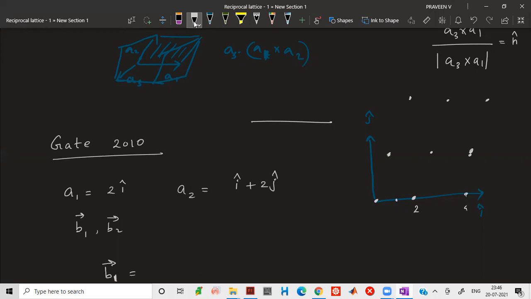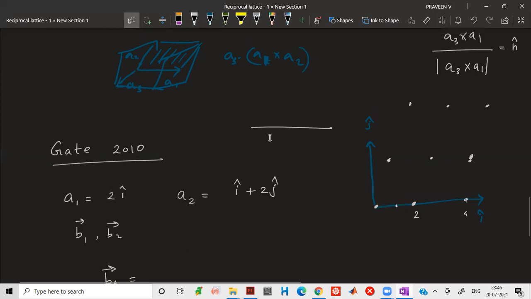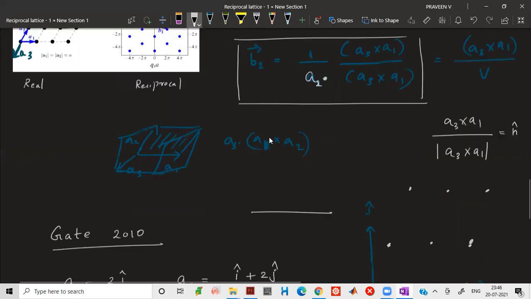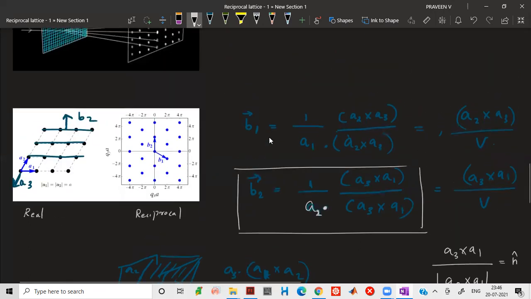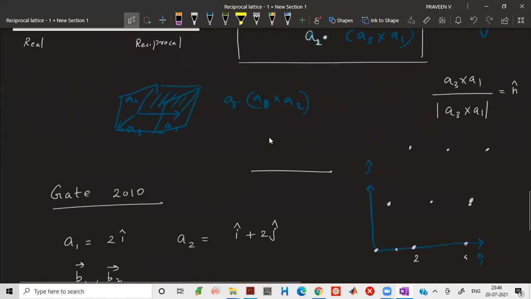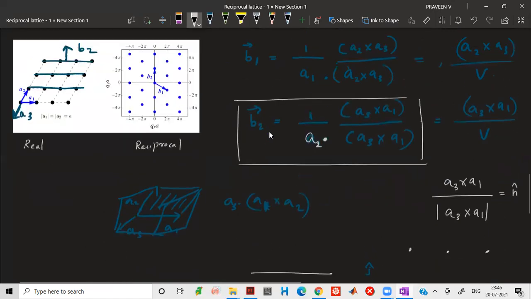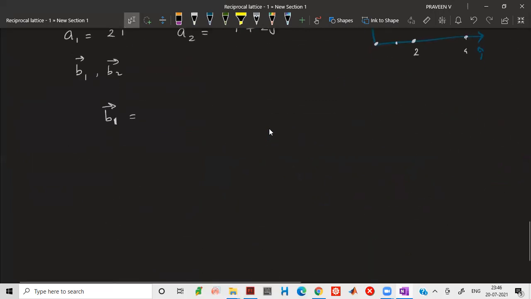Okay. So this is somewhat qualitatively similar to the case we have considered here. Here A1 and A2 are magnitude-wise the same, but this A2 is greater in the given problem. So qualitatively the direction will be the same, only the separation between these dots will be changing. Okay. So you can understand that there is some change in this crystal structure that will correspondingly reflect in these diffraction spots. You shine the light, you observe the diffraction spots, and you can understand there is some change in the crystal lattice. Okay. So here we have this problem.